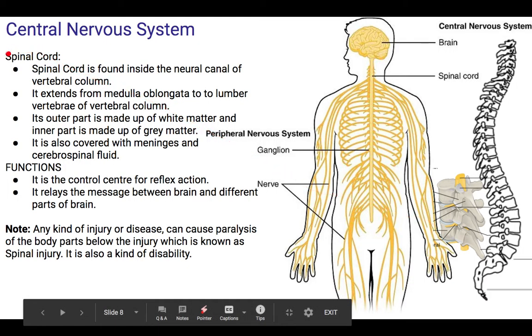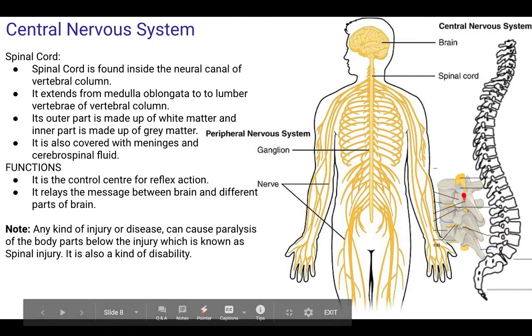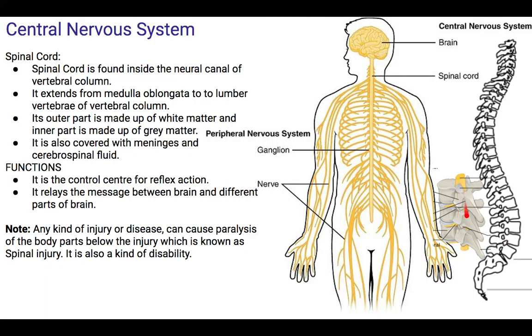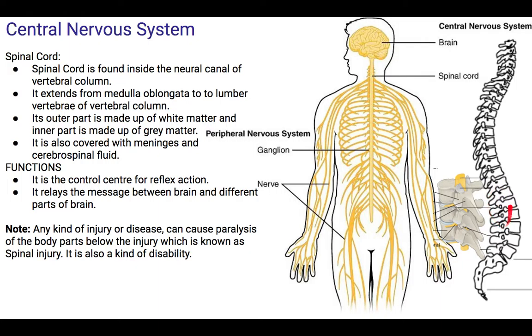Now let's go to another part of central nervous system, that is spinal cord. You can see here, and it is found inside the neural canal. Neural canal means this is a vertebral column, and inside the vertebral canal you can see one small hollow tube, and that hollow tube is called neural canal. And through that neural canal, the spinal cord will extend up to this part of vertebra called lumbar vertebra. Lumbar vertebra is the part of vertebra which is just behind our abdomen. So it extends from medulla oblongata, means from here till